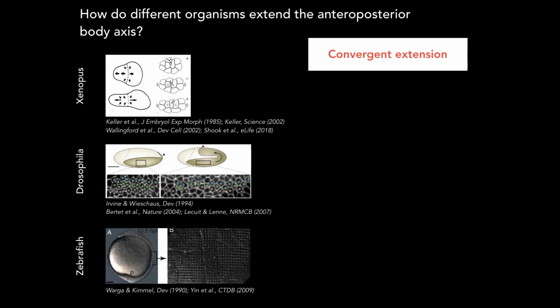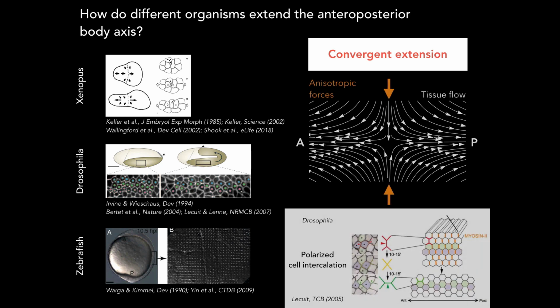And the reason why it's a very interesting mechanism is because it's very simple. So it's very powerful as a mechanism. And it works in the following way. Essentially, in the tissue, there is a mechanical anisotropy that is created. There are forces along the mediolateral direction of the tissue, and these forces induce polarized cell intercalation along the mediolateral direction. And because of mass conservation, if you intercalate along the mediolateral direction, you're forcing the tissue to extend along